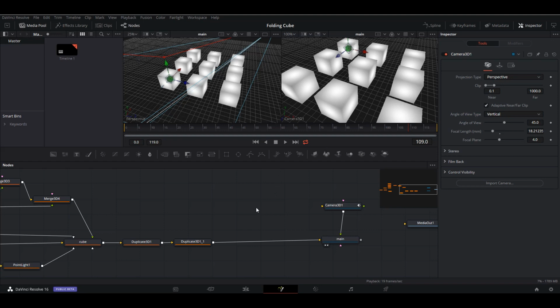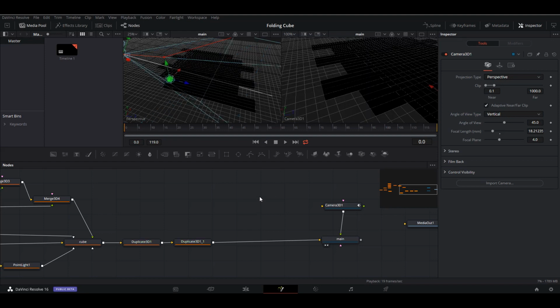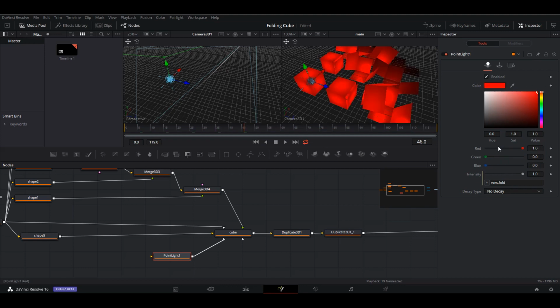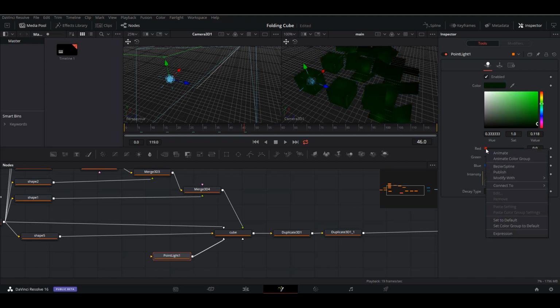That's great. So let's move ahead and add some colors to the cube by just changing the color of the point light. If you change the point light color, you can see that we got the cube changed as well. So we need to randomize these values. We have red, green, and blue. That's going to give us the random colors. So what I'm going to do on the red channel, I'm going to right click and go to modify with,